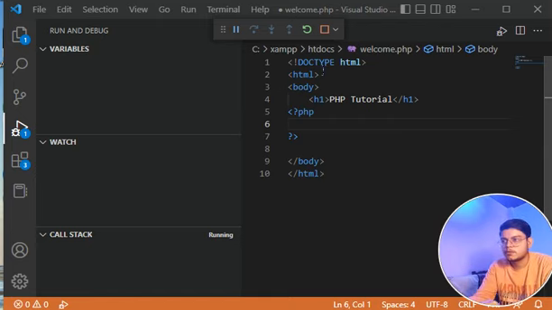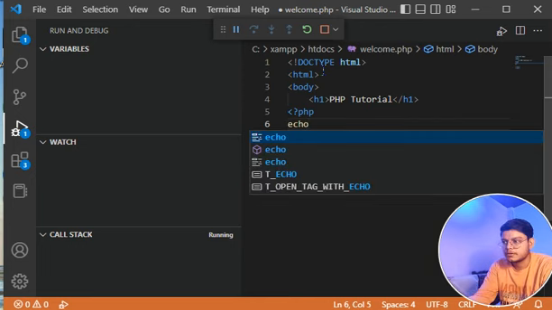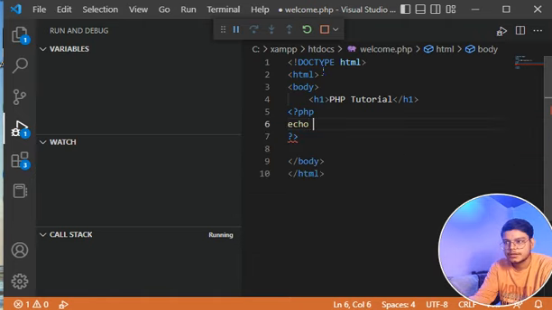So first of all, suppose I want to print something here. To print, basically we use the echo and print functions to print variables. So here I'm just going to print something. PHP is fine. So if I print this, it will print